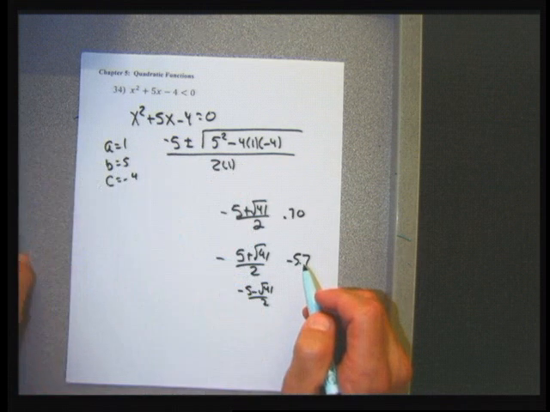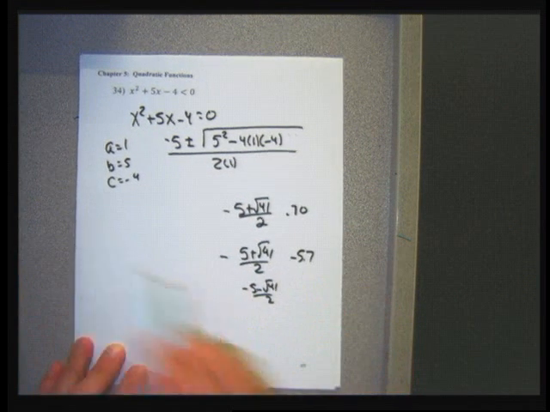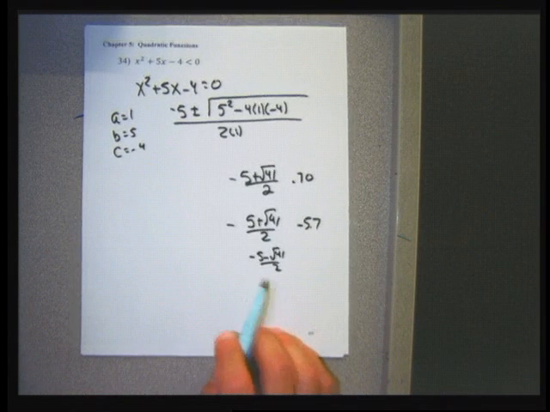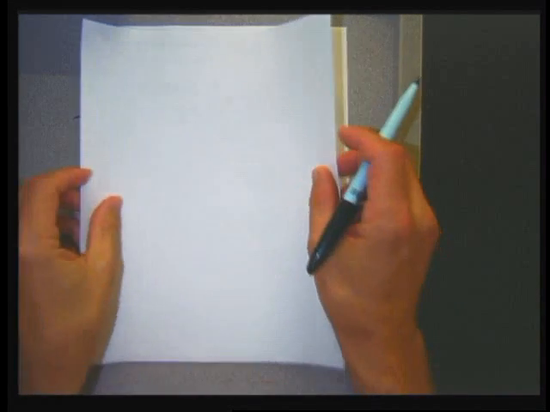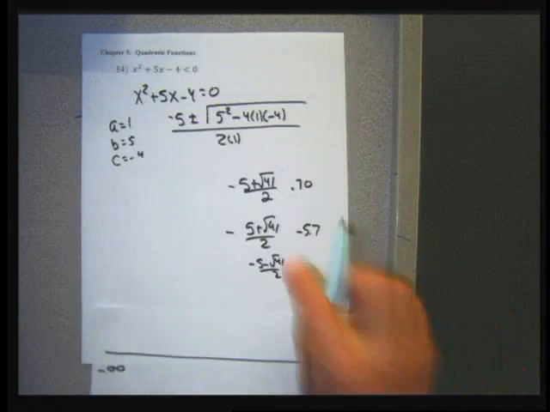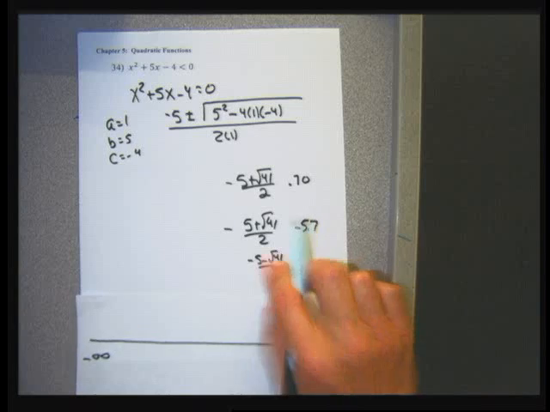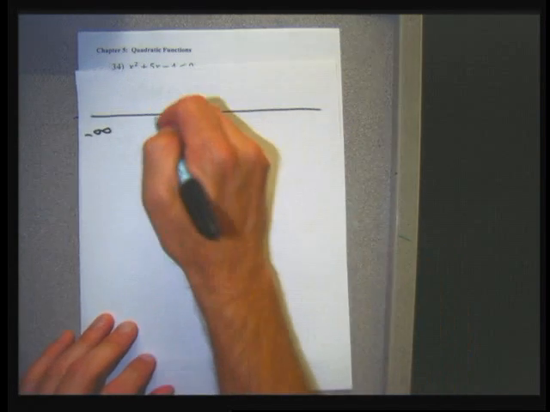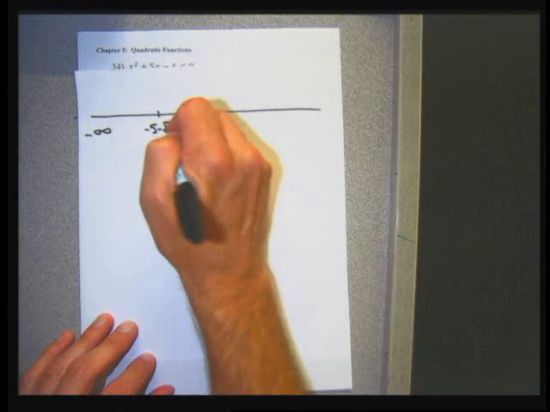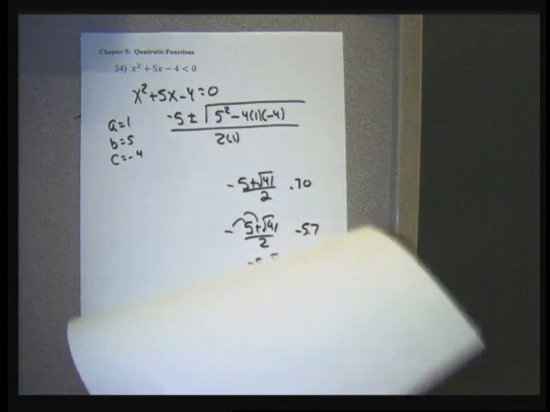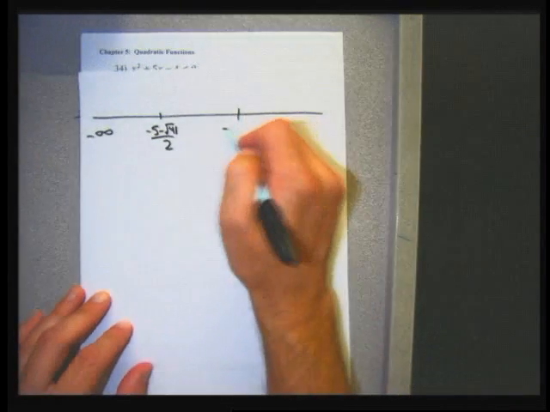Really, really unpleasant number line now, and I need lots of room for this. I should get out another sheet of paper just so I don't mess this up. So my number line's going to have negative infinity, and then the smaller one is this one, and I'm going to write it like that. I'm going to distribute the negative through and get negative 5 minus the square root of 41 over 2, and then I'm going to get negative 5 plus the square root of 41 over 2,